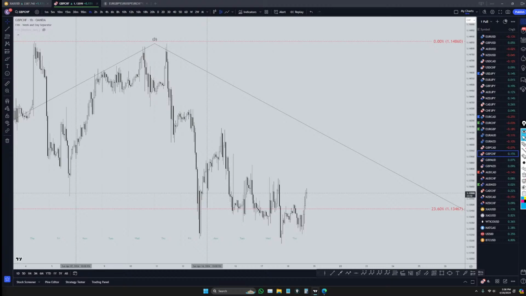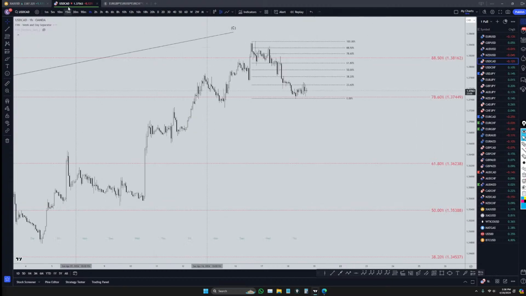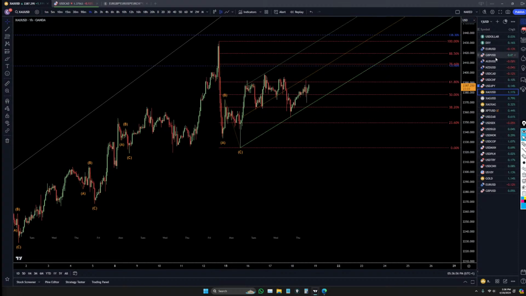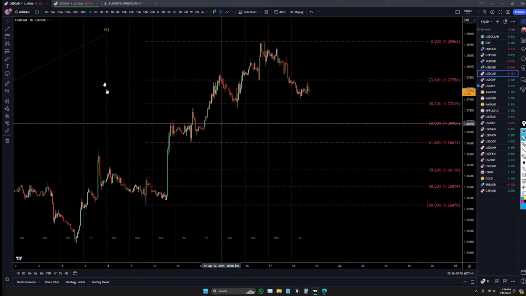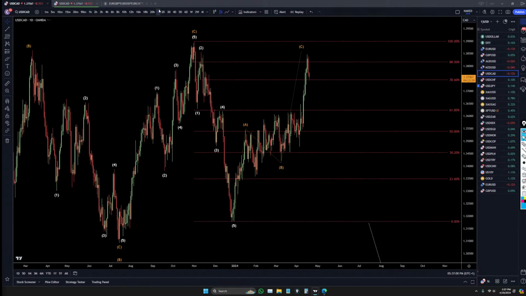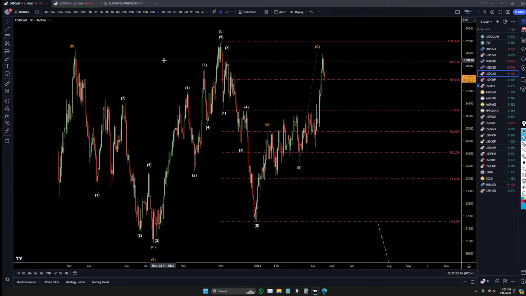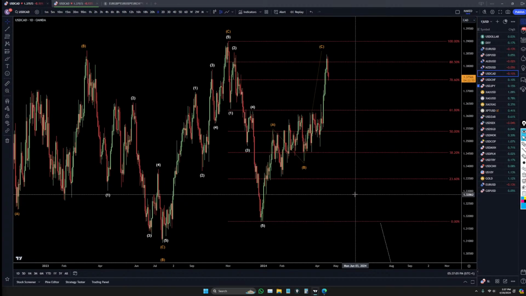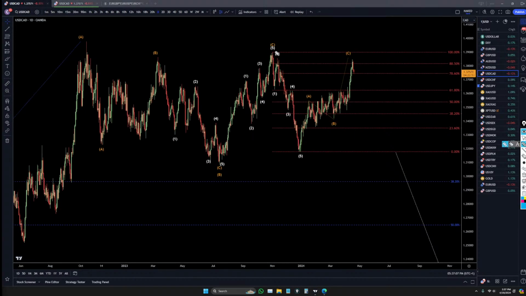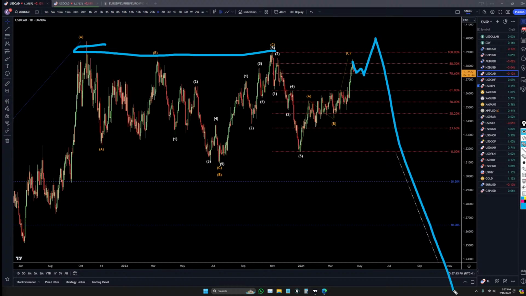Let's see, US dollar CAD. Let's switch to this one for the US dollar CAD because I think most people do prefer the black charts. I still think the US dollar CAD is going to turn down. The question now is whether it's going to go up and take out these highs before it turns down or not. Looking at the US dollar index at this point, I kind of do think it is going to go up and take out those highs before it goes down.